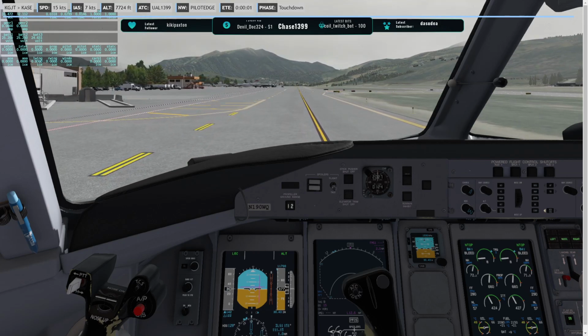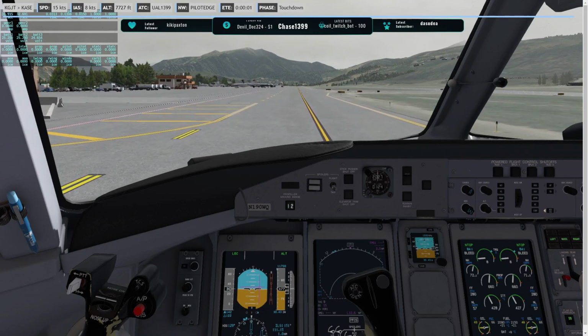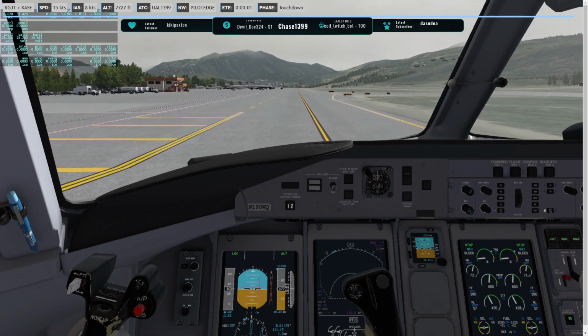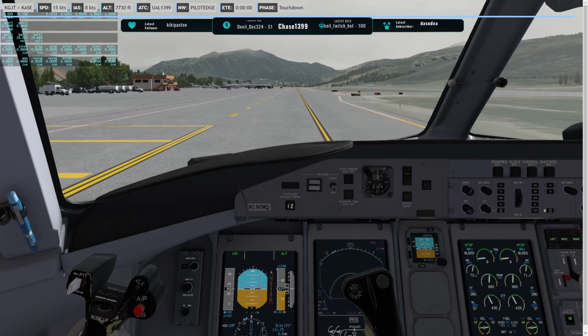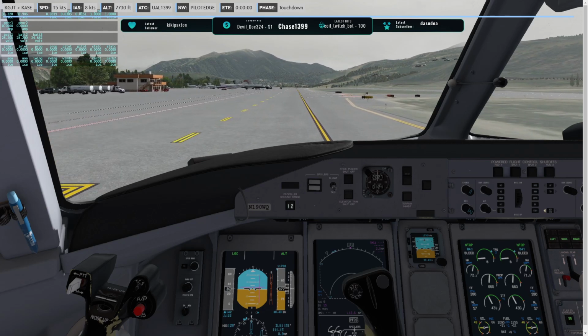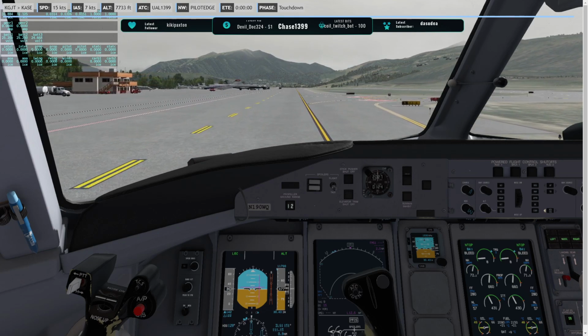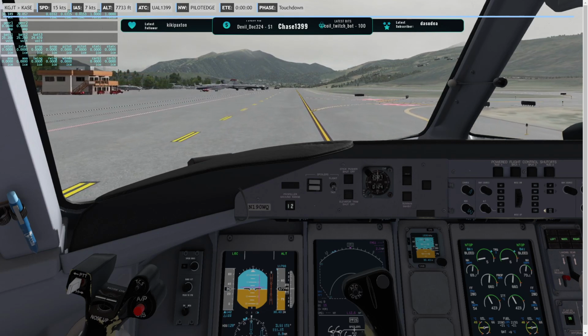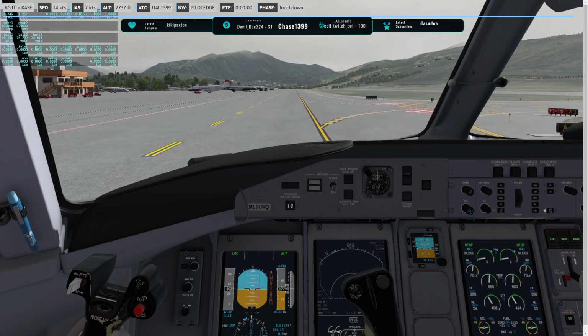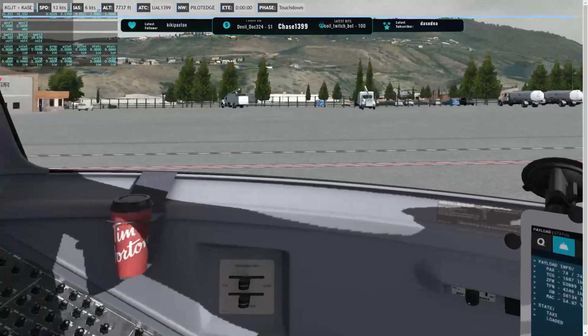So then I looked at the weather and I knew that there was like a, what was it? I looked at it. It was like a 7-knot tailwind for the way I was going. So I'm like, you know what? I'm too fast. I don't want to go off the runway. So I was like, last second, I'll just do a circle to 3-3 approach. So